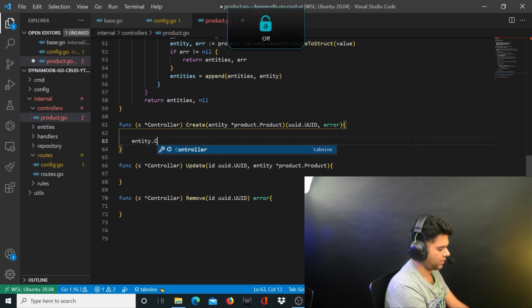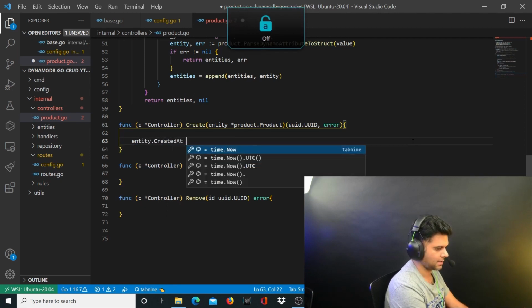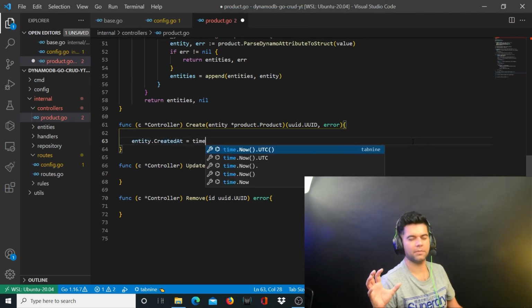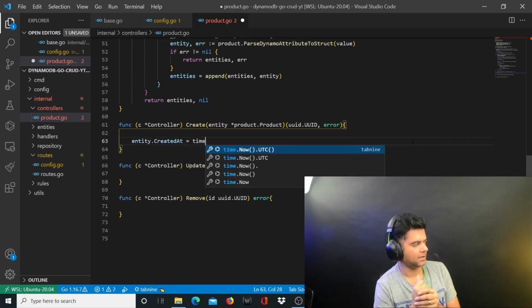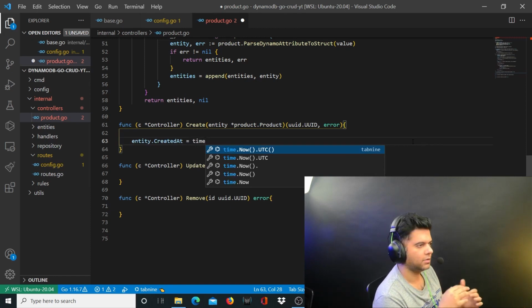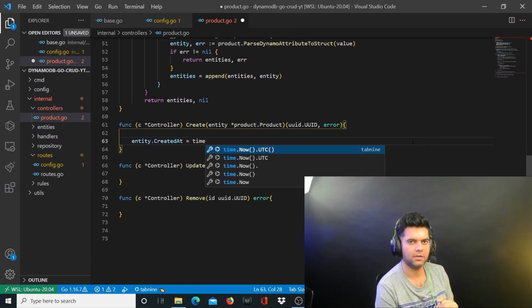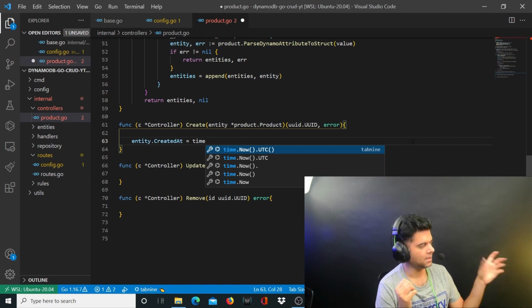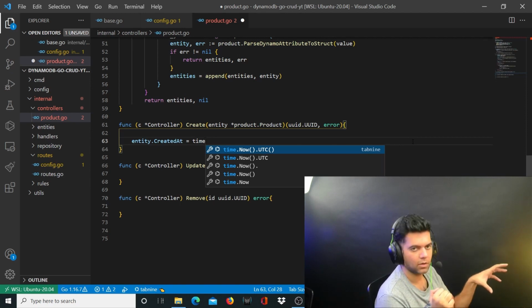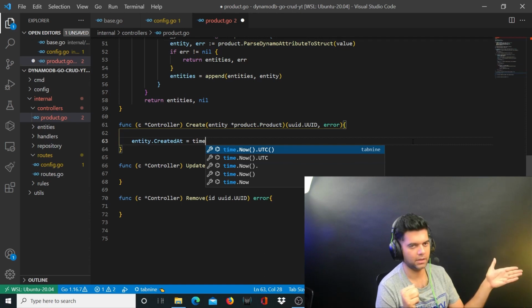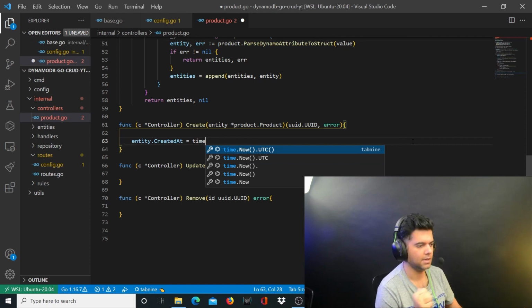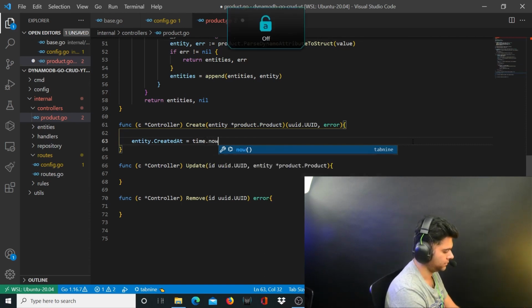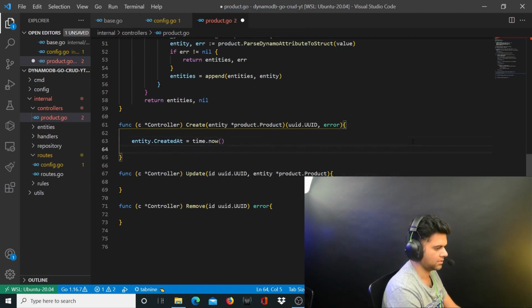And what I want to do right now is update the timestamp. Whenever I'm creating something, there's this timestamp, created at, which usually you do in any type of database or any type of program. If you've been following along with my videos, you've seen that I always store these kinds of timestamps in the database. So when this function is getting called in the controller's create, I want to update the timestamp for when this item was created. So you'll have time.now, which is the timestamp for right now, because right now is when the item is getting created. And you'll have a function called